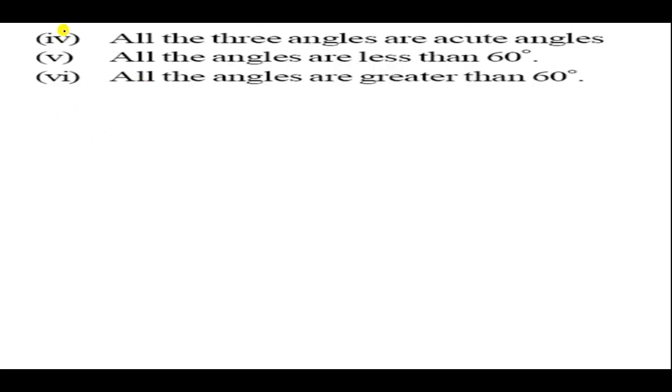Now come to the next question, the sixth question. Can the following situation lead to construction of a triangle? Say yes or no. If two angles are right angles, no, it is not possible. When two angles are obtuse angles, it is not possible. If the sum of all three angles measures 60 degrees, that is not possible. So all are incorrect.